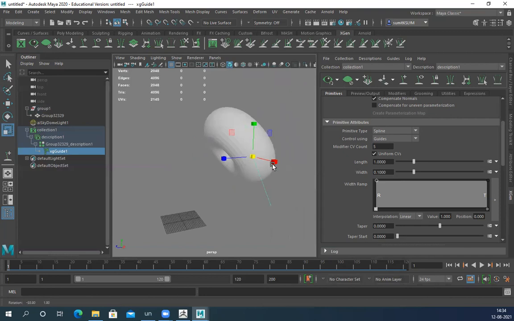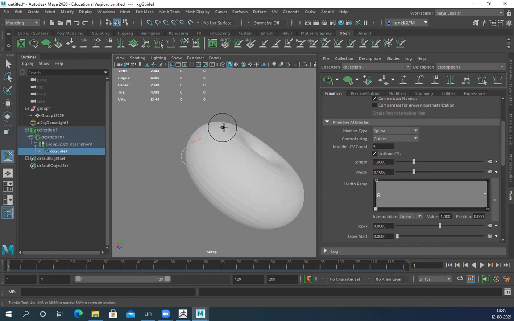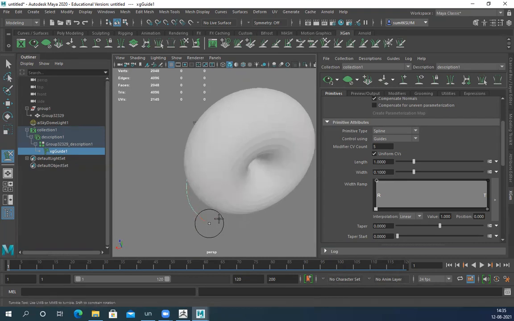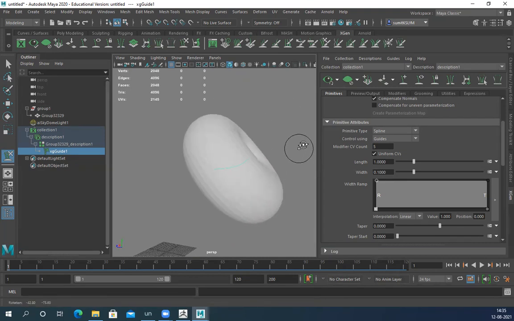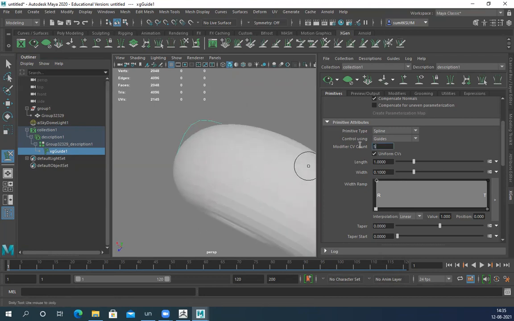Increase the length. Sculpt guide. The CV guide, if you make it 7, it will look slightly more smooth.